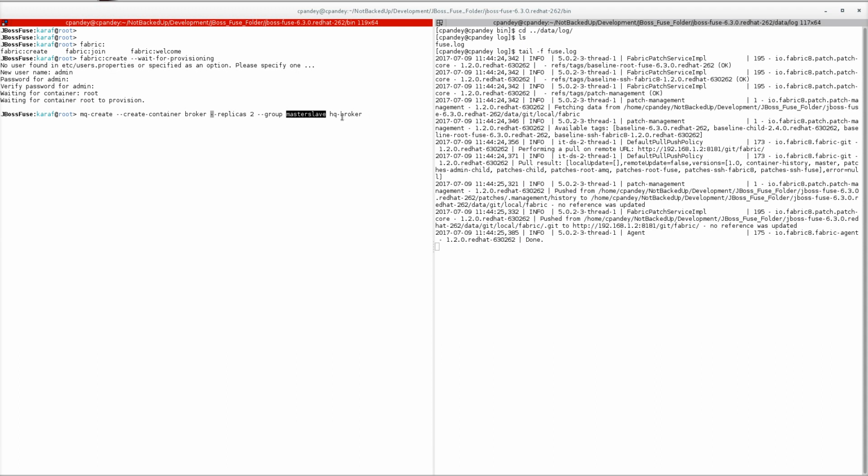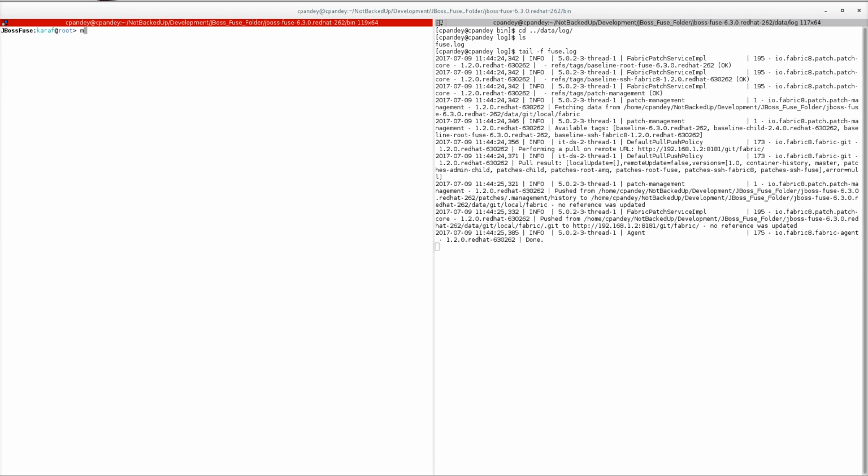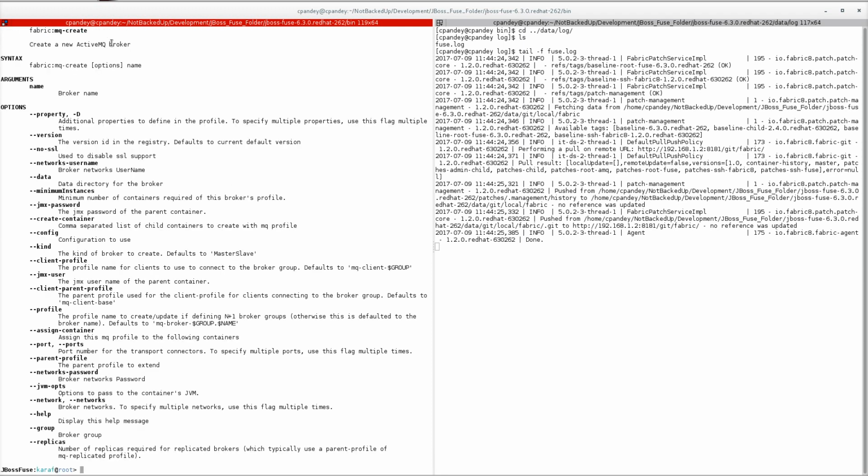This is actually the broker name. Let me show you again. If you see, the fabric mq name is this broker name. As we saw, this broker name should be the same.